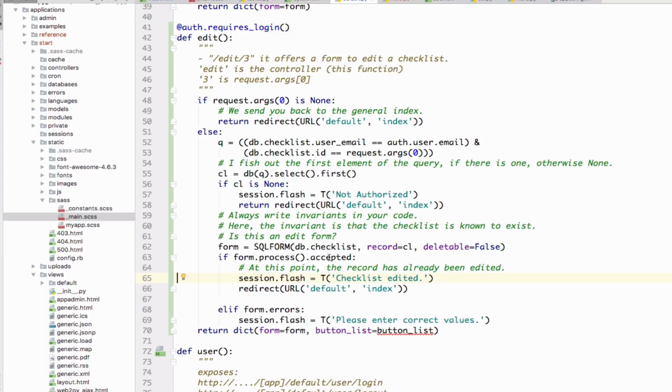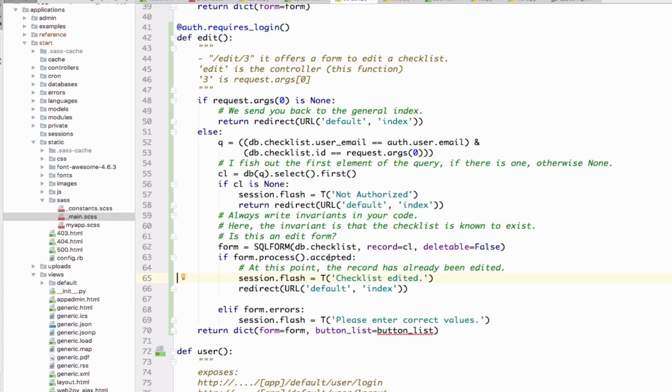In this case, it's an edit form because I specify a record that should be edited, right? So these forms of Web2Py are both marvelous and a curse. They are marvelous because they do a lot, and a curse because you don't quite expect them to do so much. And so they have this slightly mysterious behavior of why do they do so much by just saying form.process().accepted. But essentially what is going on under the hood is this: